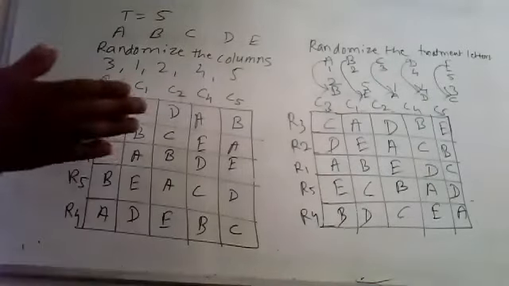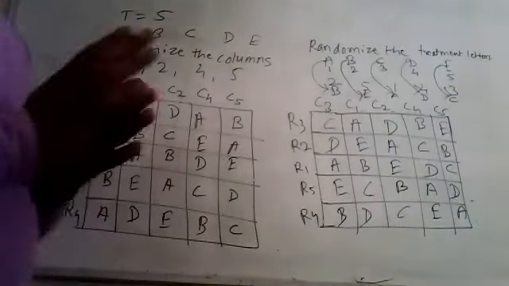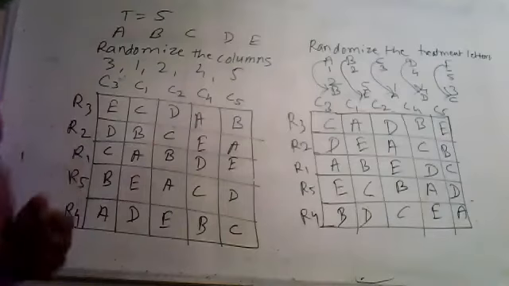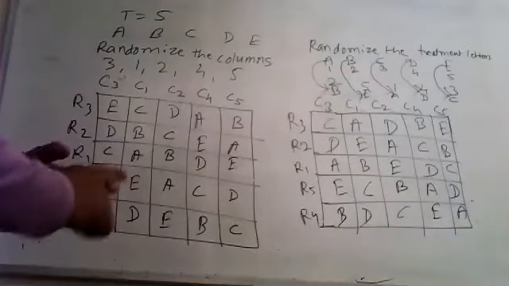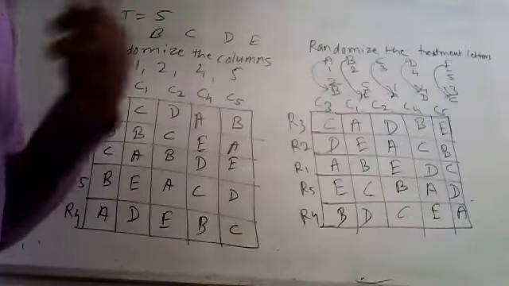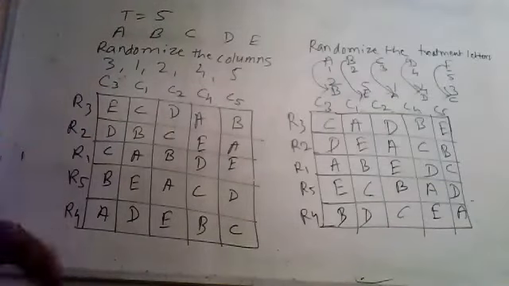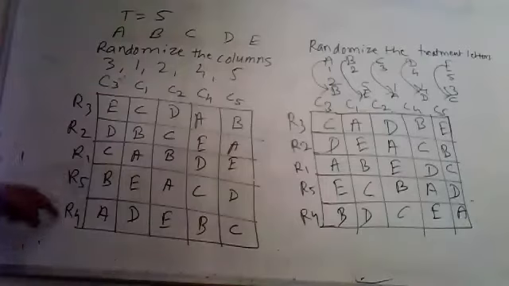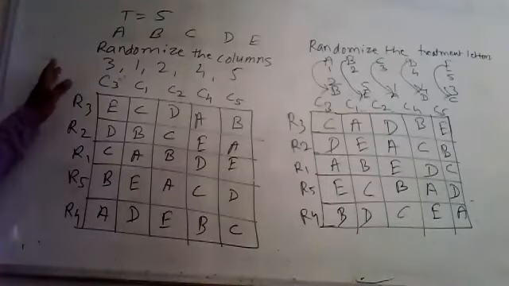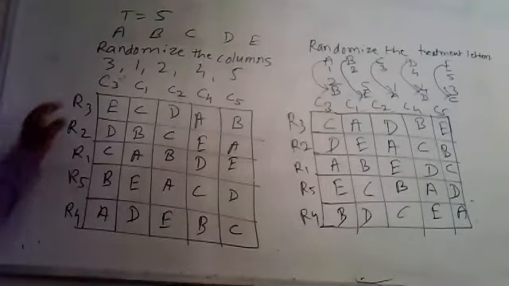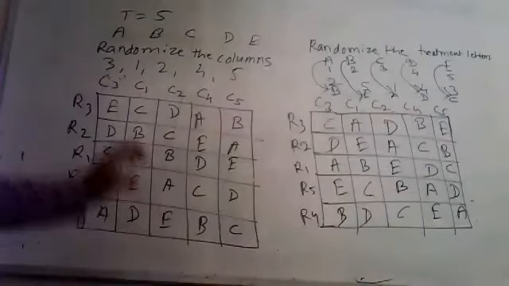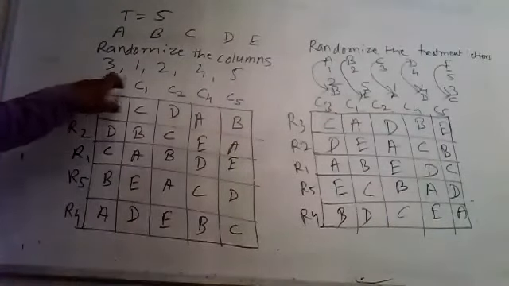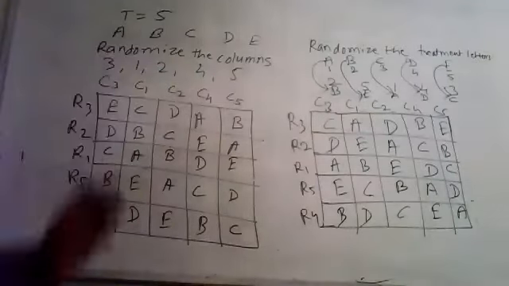जो Latin square हमने select किया है, Fisher and Yates ने जो दिया है उसको, उसमें हमें अभी randomization करना है. So first step of randomization is randomize the row को randomize करना है. So we have randomized the rows that R3, R2, R1, R5, R4. Okay. After the randomization of rows, we have to randomize the columns. So we have randomized the column like C3, C1, C2, C4, C5.